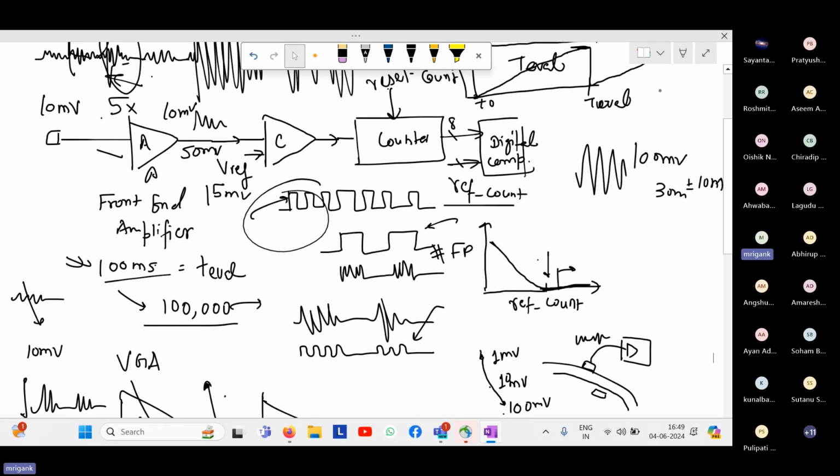So this part, you already have the amplifier, you already have the comparator, you have seen the lecture on the counter, and digital comparator. Based on logic, you can always build the 8-bit digital comparator. So this is easy to design for all of you, I guess, not very difficult. And with the kind of specs I have given to you, if I assume say 10 millivolt input signal during the seizure, the gain required here is low, just 5 to 10. Suppose just a closed loop gain of 10,